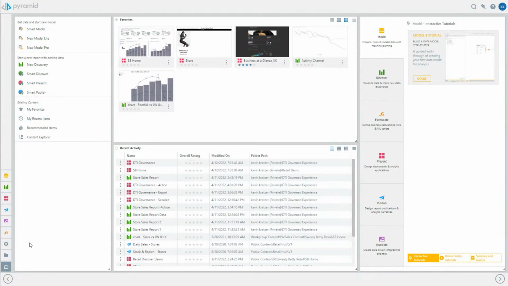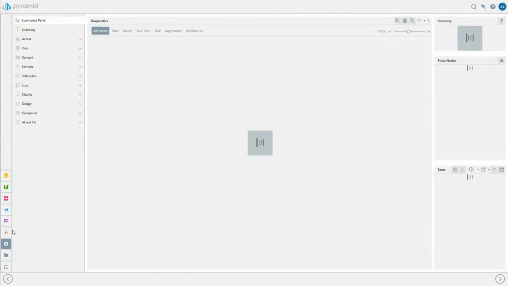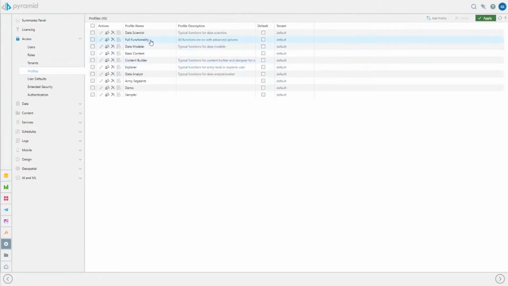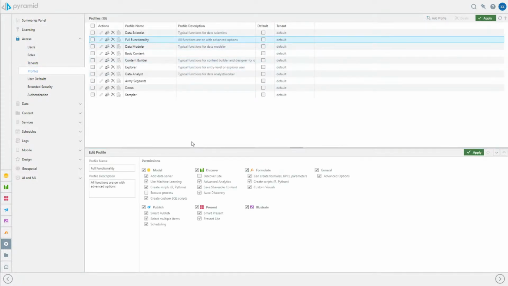But one of the things you have the ability to do is start governing who has access to what capabilities. Okay. And from this standpoint, I'm going to leave the analyst view here. I'm going to go over to the administration side. And I want to show from this standpoint that you're able to go in and stipulate who has access to